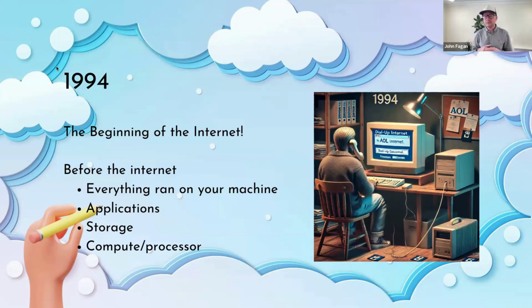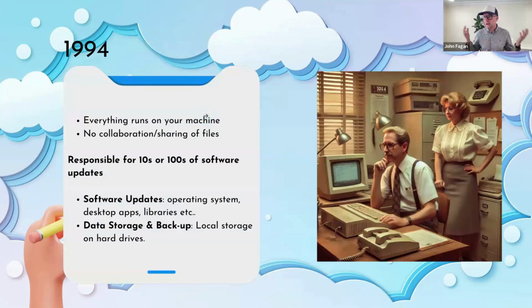And then if you wanted to share data a little bit, you network the PCs in an office environment, and then you might share a file system for that. But still, the individual PC was responsible for everything related to it. So everything runs on your own machine, very little collaboration. And then you, as an individual, if it's a home PC, or as a company, were responsible for maintaining all the software that runs on that machine and all the data that is hosted on that machine.